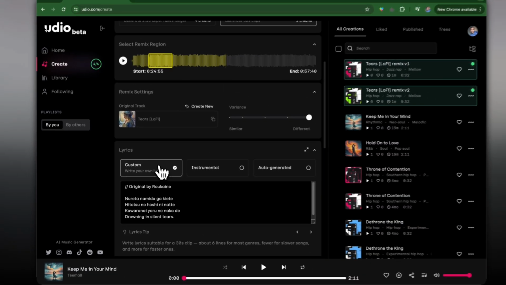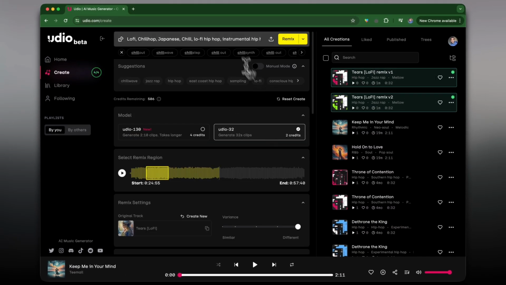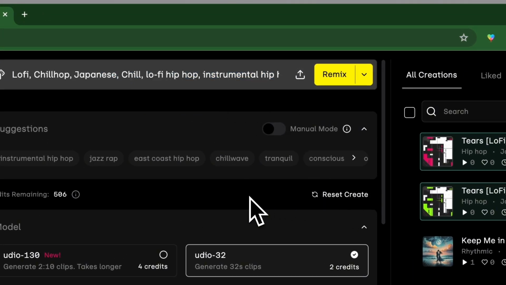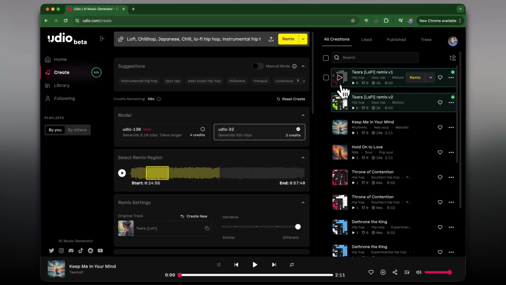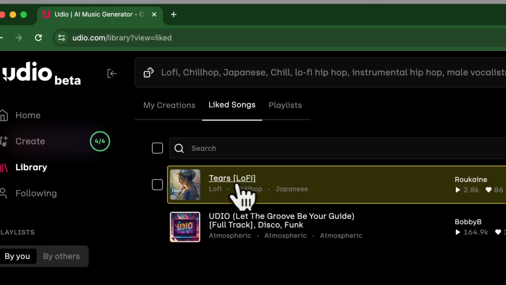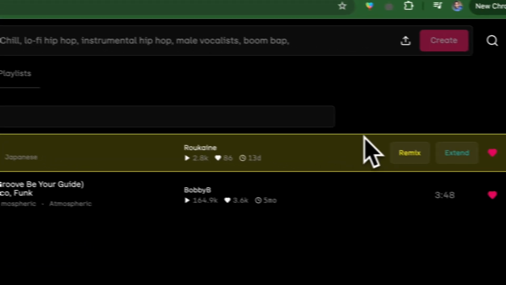Okay, so that was another remix, and just another thing to keep in mind, with Udio you can generate in different languages, whether it's Japanese, Portuguese, Spanish. There's so many different languages that you can actually use to create music, so that's just something to keep in mind. This remixing feature is quite cool. The song does kind of sound pretty different, so I think it really just depends on what it is that you're trying to do with that feature, or why it is that you're trying to remix a song.